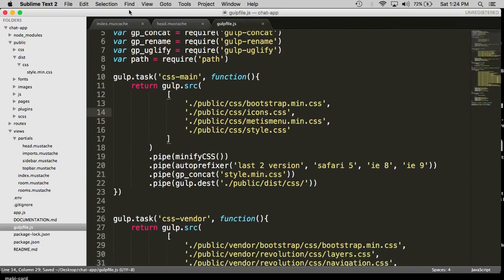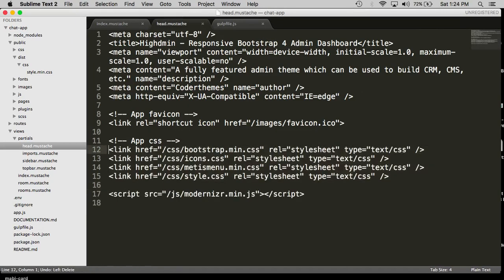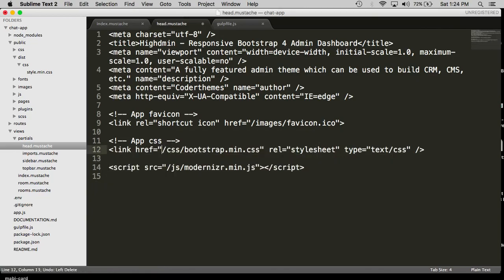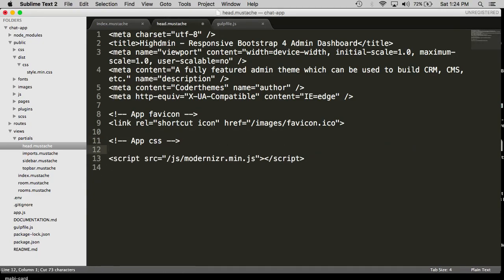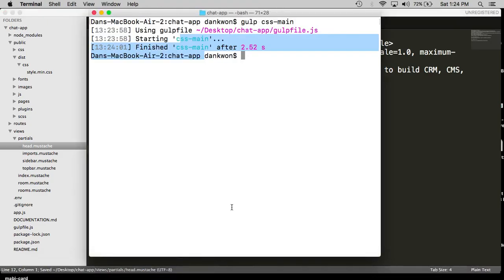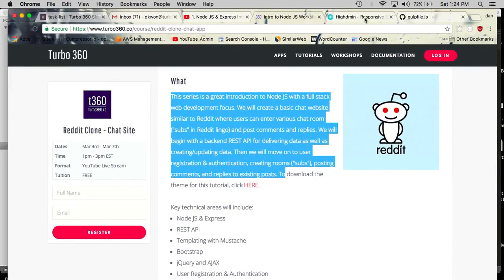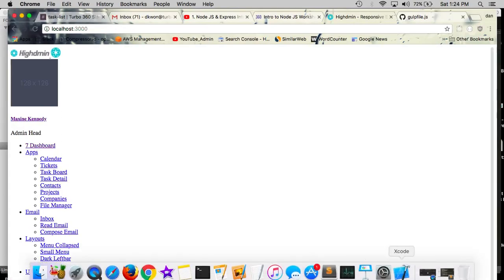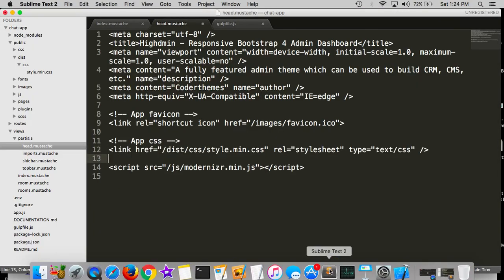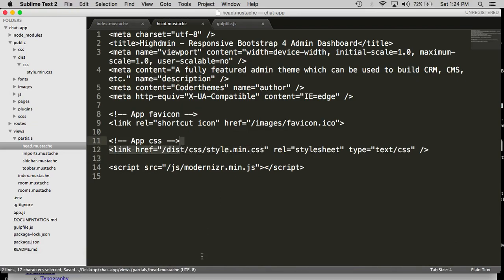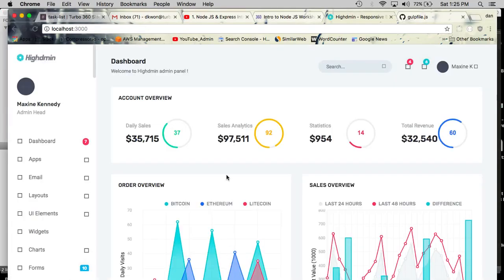So that's done. So now what we can do is we can take this, and instead of importing all 4, we can do dist css style.min.css. So if I get rid of this altogether, just completely get rid of the CSS, now there are no CSS imports. So if I reload the page, obviously it looks like this. If I import the minified version, the compiled version, I'm right back to where I was before. So everything looks good,